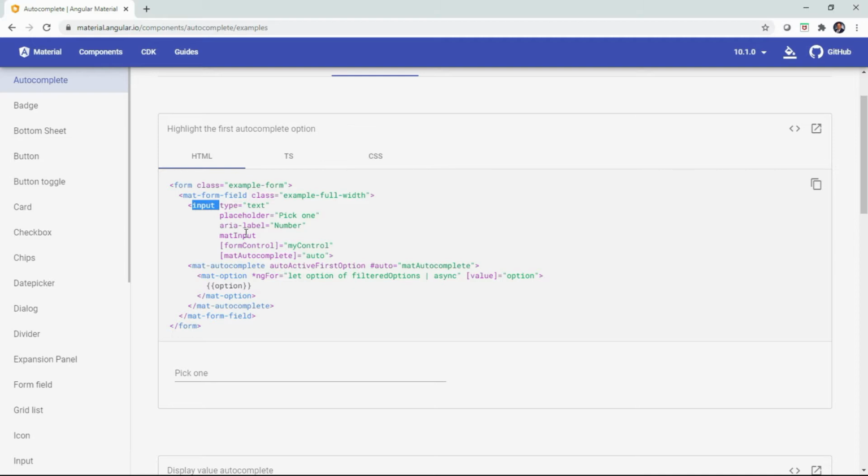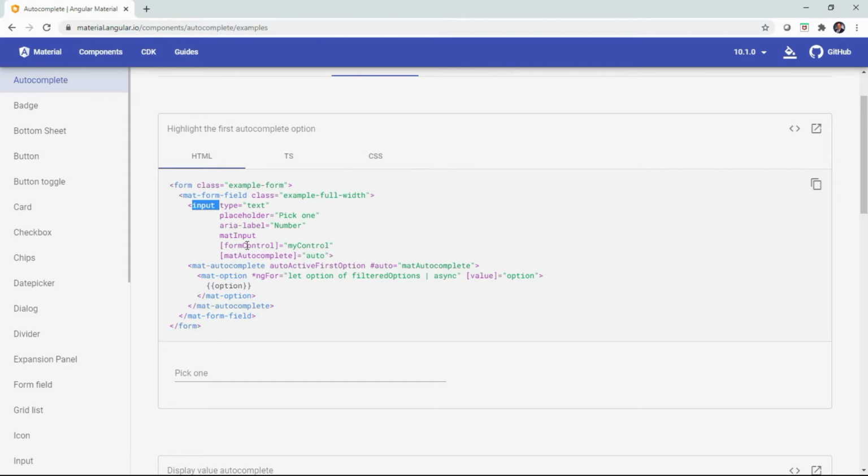And so that directive does something for this input field. Now, what it's doing is it's saying, okay, I'm going to dynamically map the state of the input field to the form control,